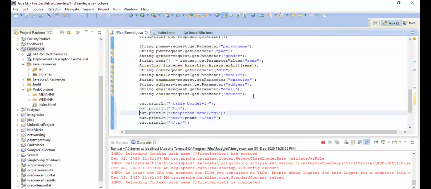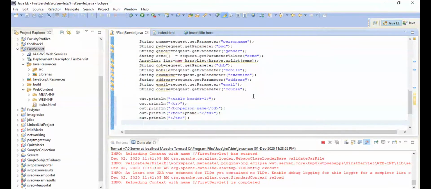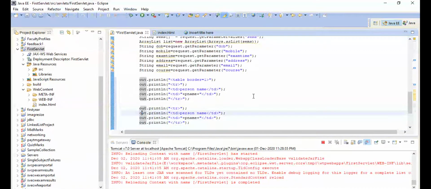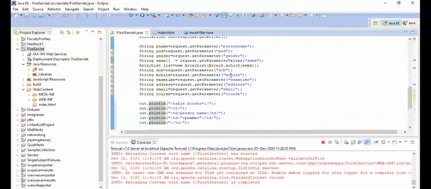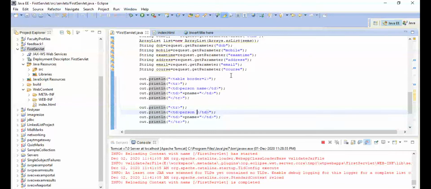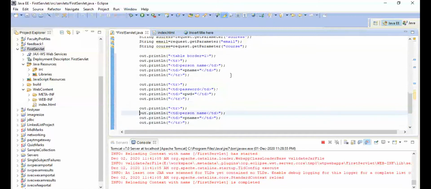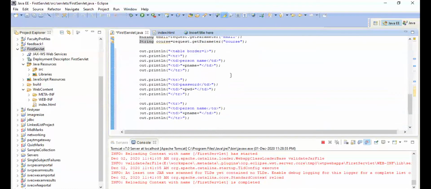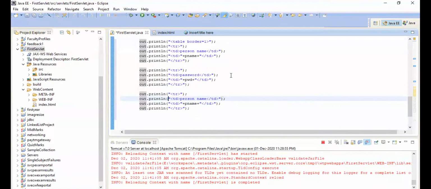Next one is password, PWD. Next one is gender.